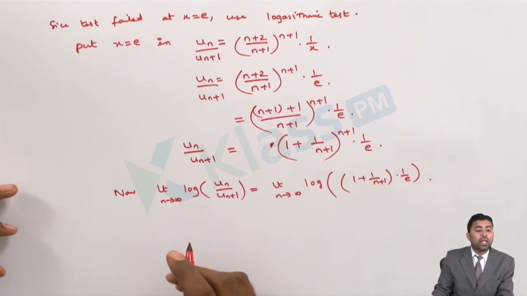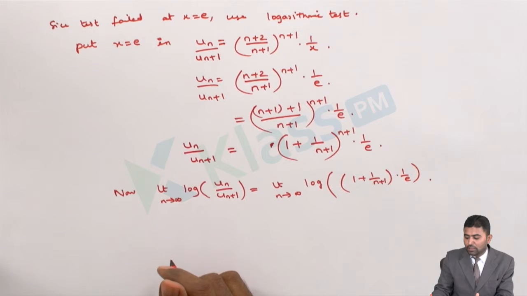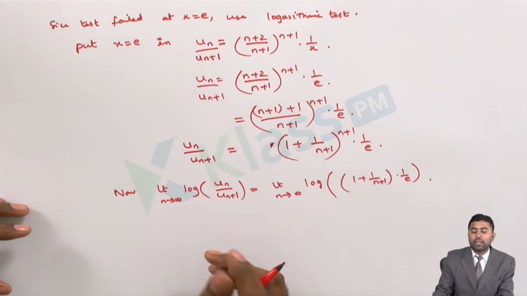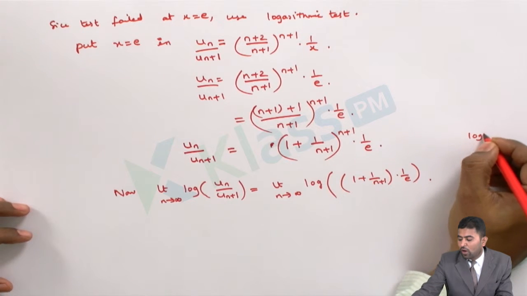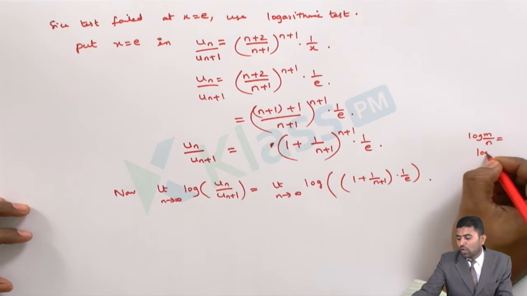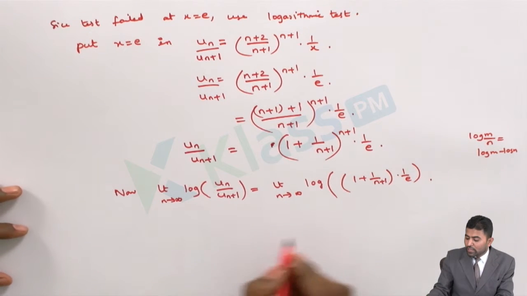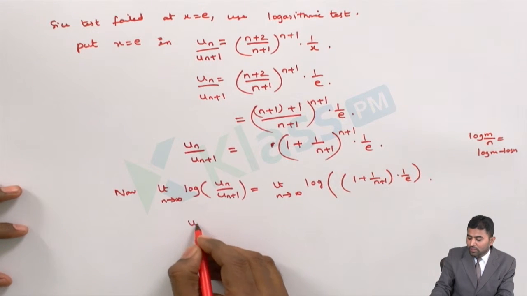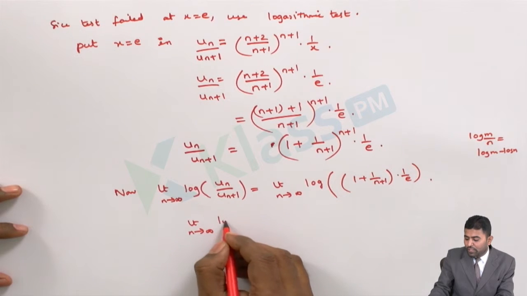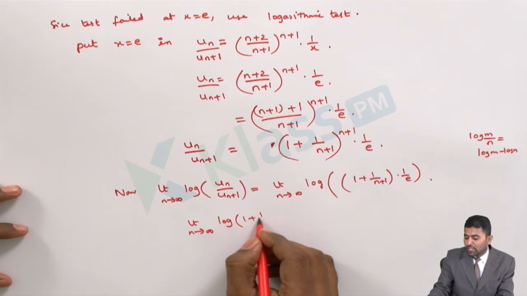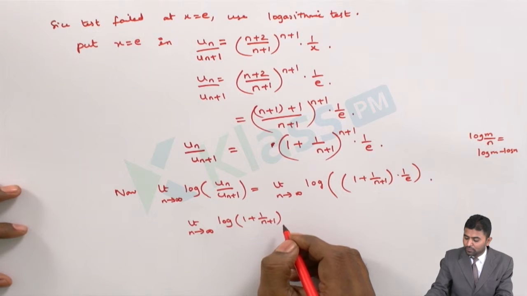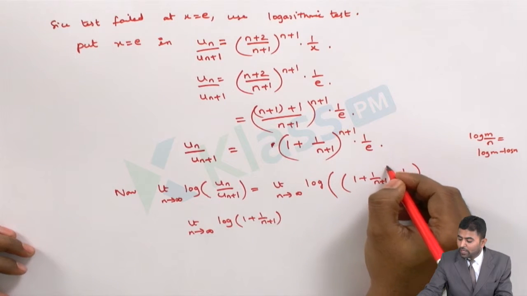Then applying the formula log m by n is equal to log m minus log n. So I'll use that formula here. So I can write it as limit n tends to infinity, log 1 plus 1 by n plus 1 whole power n plus 1